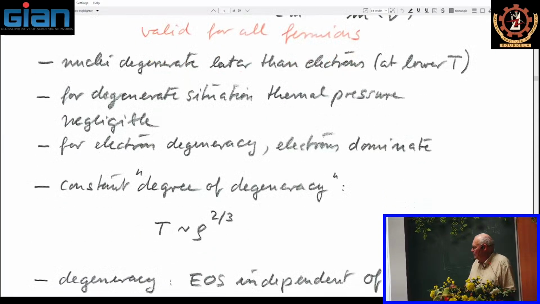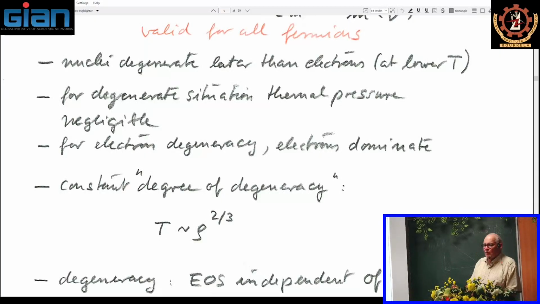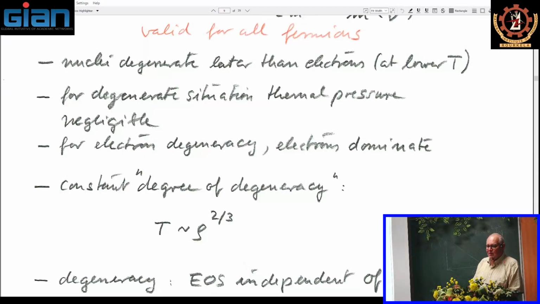Then the temperature has to increase with the density, at least with the density to the 2/3. If it decreases more, with a lower exponent, then the degree of degeneracy will increase. If the exponent is bigger, then it leaves the degeneracy and becomes less degenerate. Okay, well,